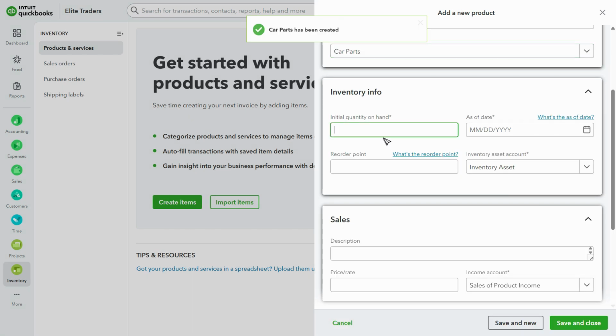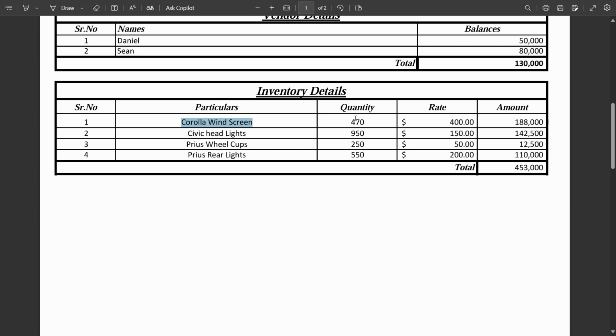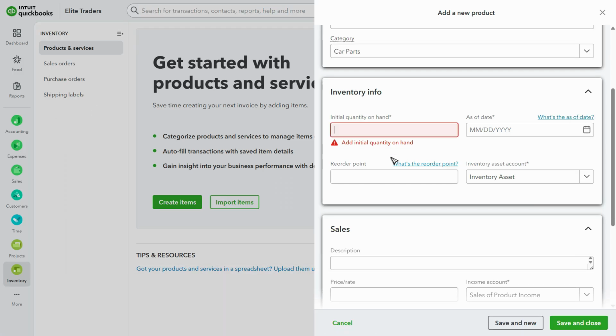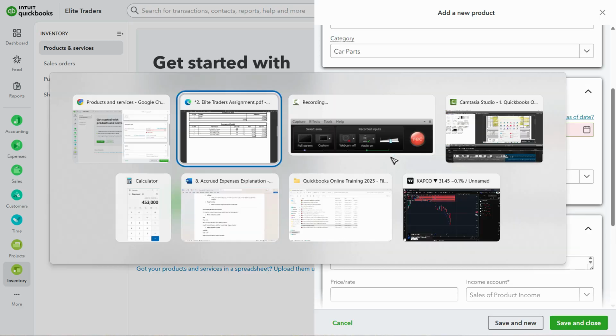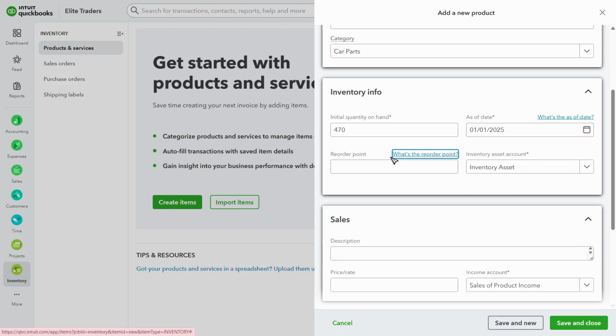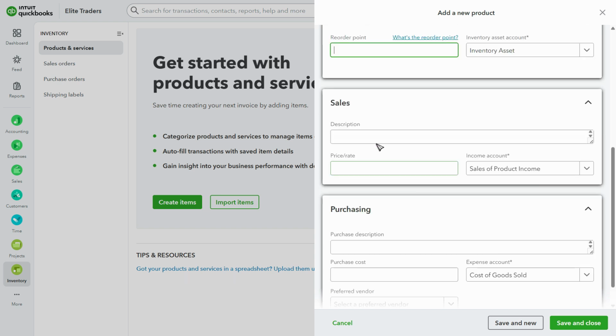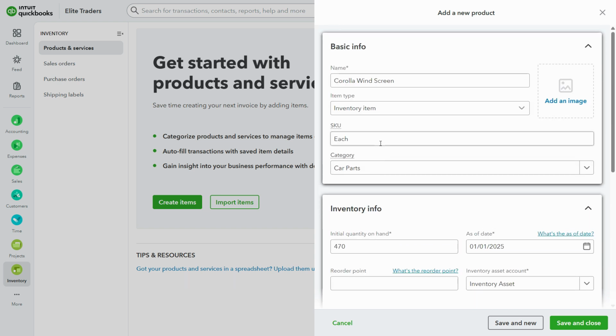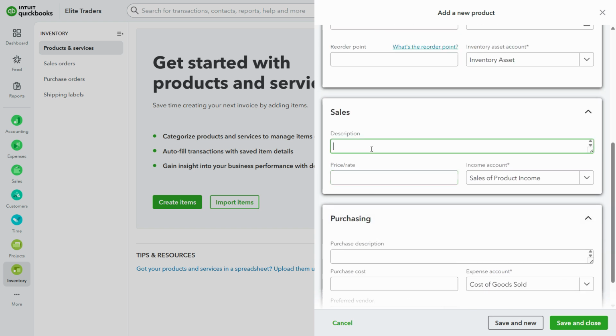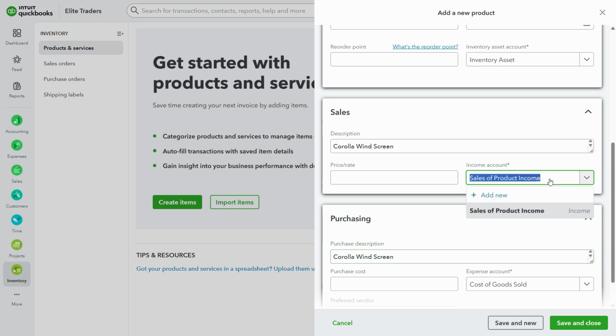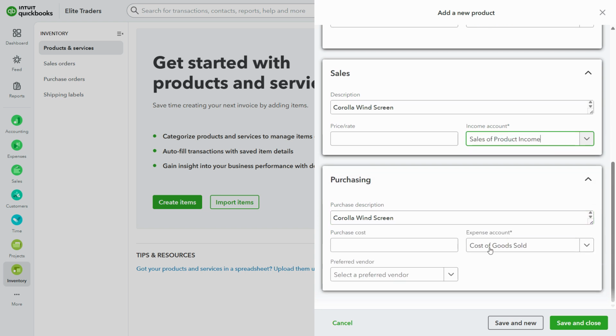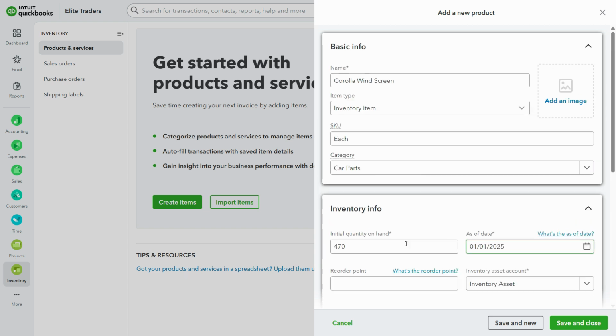Click save. Inventory info, the initial quantity on hand. This is a compulsory field. The quantity is 470. So I'll just write here 470. As of date is 1st of January, since this is an opening balance. Reorder point, I'll not set it right here. Inventory asset account is already selected. Description in the sales. So we need the same specifications to be mentioned whenever we are entering any sales or a purchase. And income account is already selected to sales of product income, and cost of goods sold is also selected. So in short, we have the 470 initial quantity